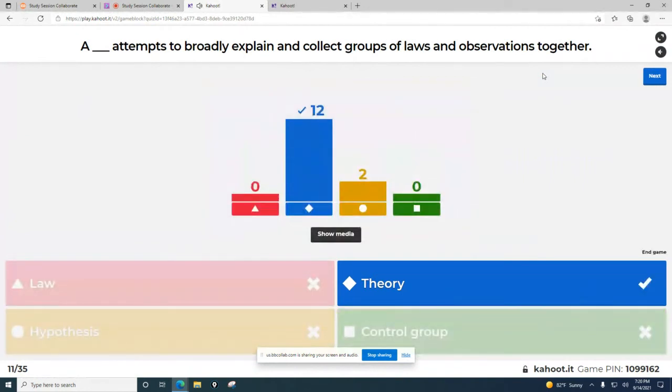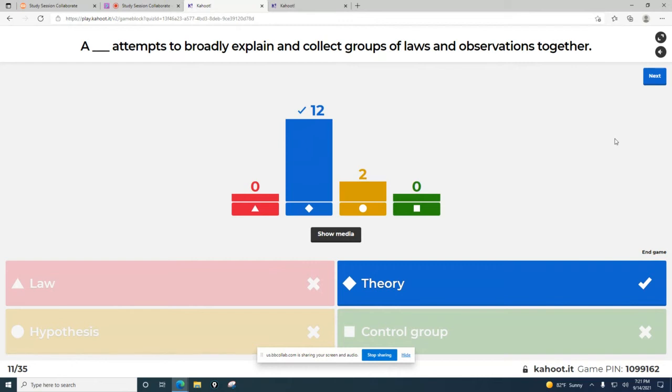Okay, so very good. So there we see it again. It's the broadest umbrella. It includes everything. And, okay, hypothesis. I see there are a few people who selected that. So remember, our hypothesis is just an educated prediction based on observations or tests. It doesn't have anything really to do with those laws. Now, we like to use hypotheses to create laws, but it doesn't work the other way, typically.